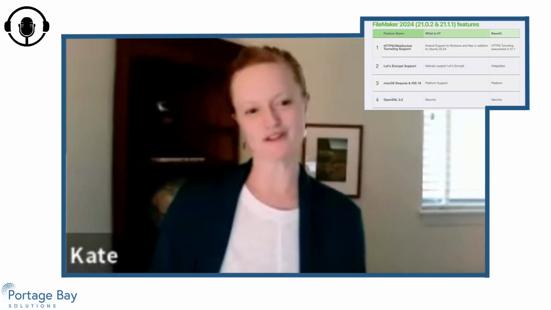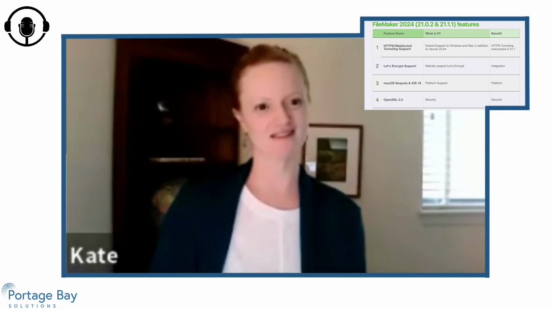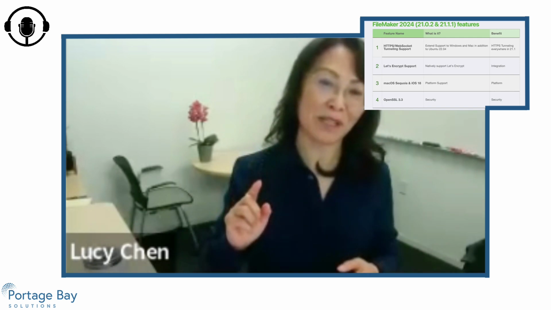21.1. What are you most excited about in this release? So many things. Let's walk through some of the features. The most popular one is the support of HTTPS WebSocket tunneling. It allows the server to tunnel Draco remote calls through TCP port 443 using OmniOrb 4.3 for Pro and Go connections,